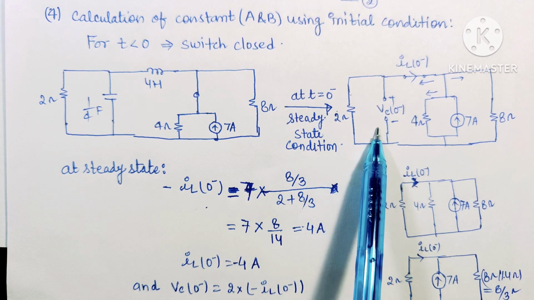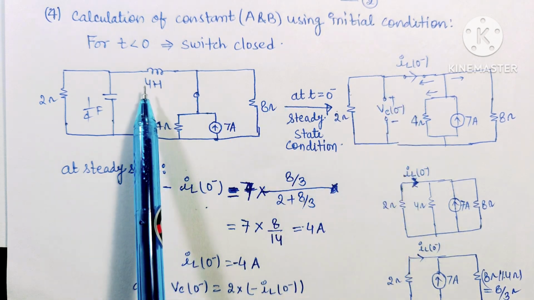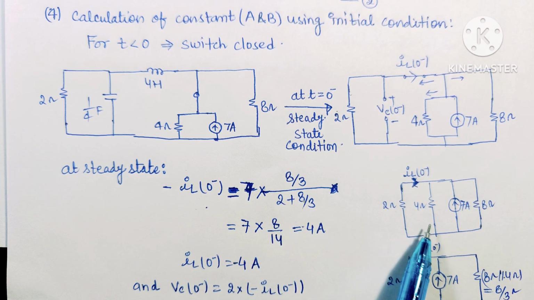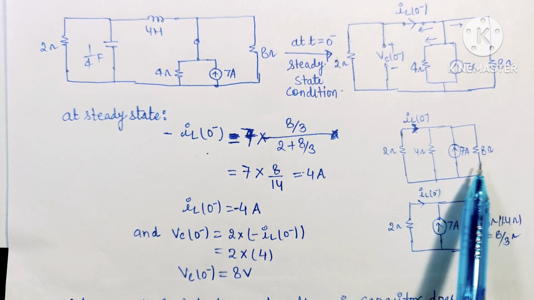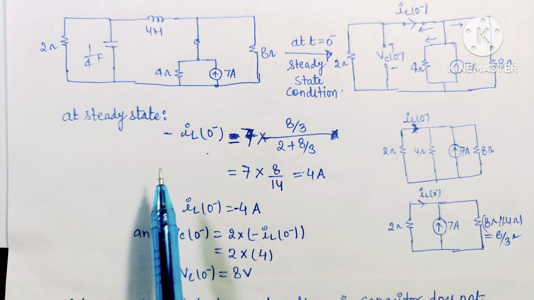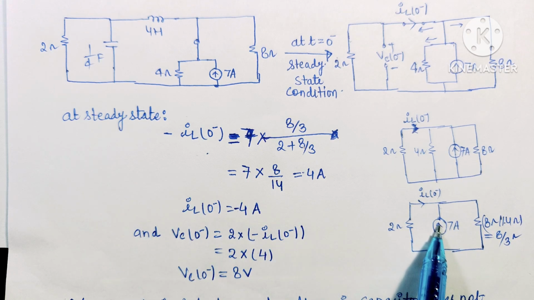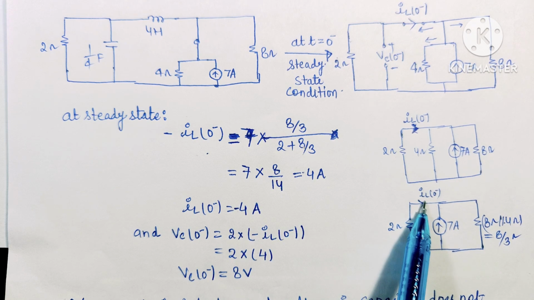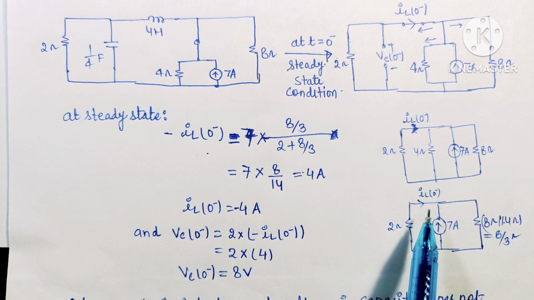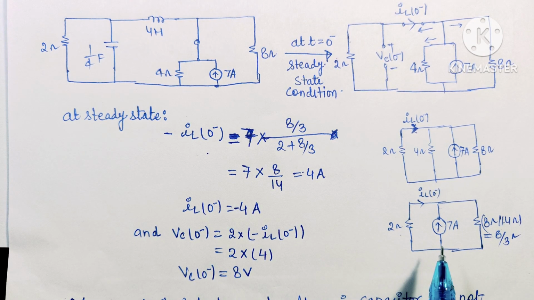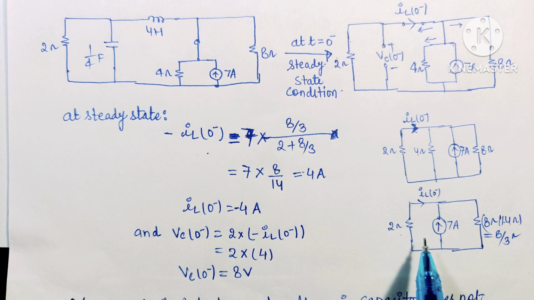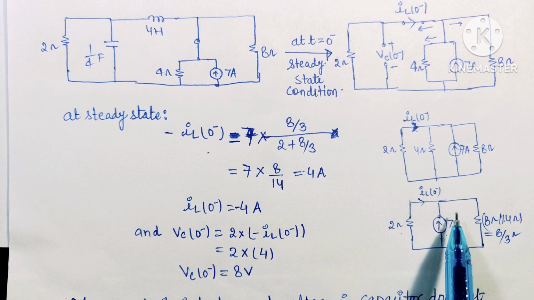So let's assume that the voltage across this capacitor is Vc(0 minus), and the current passing through the inductor at 0 minus will be equal to IL(0 minus). We can rearrange this circuit in this form, and after rearranging it, we can see that this 4 ohm and 8 ohm resistance are in parallel. So we have put it here. Now we can calculate the current value IL(0 minus). Since this 7 ampere is current flowing outwards from this node, this current will be in negative sign, minus IL(0 minus) will be equal to the current in this 2 ohm resistance, and this 7 ampere current is distributed among the 2 ohm resistance, 8 ohm resistance and 4 ohm resistance. So we can say that this 7 ampere current will be distributed among these two resistances.